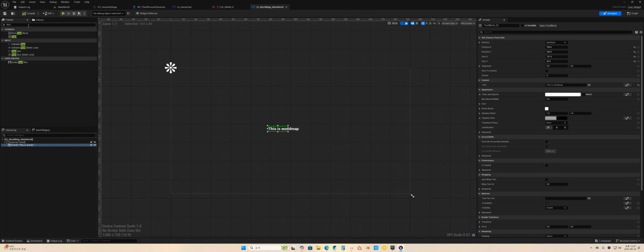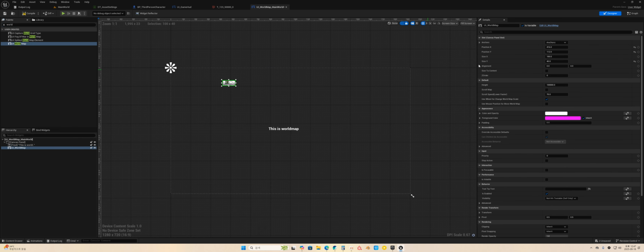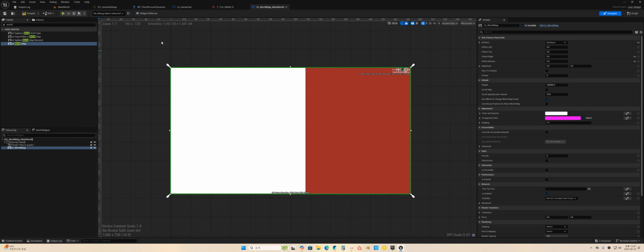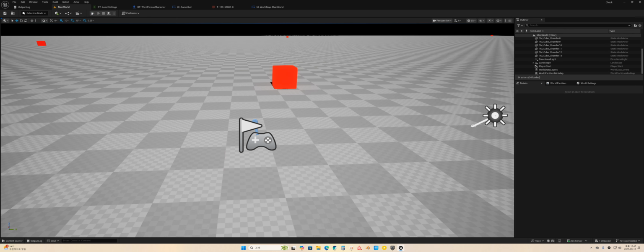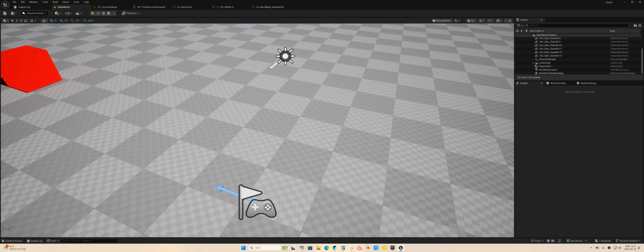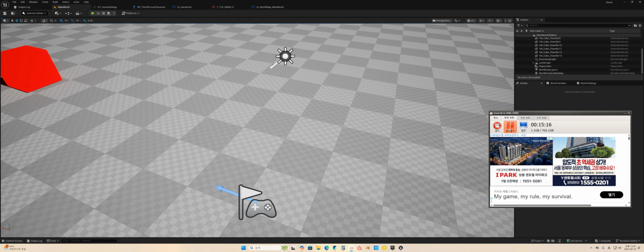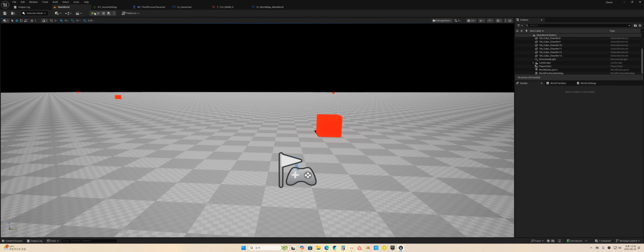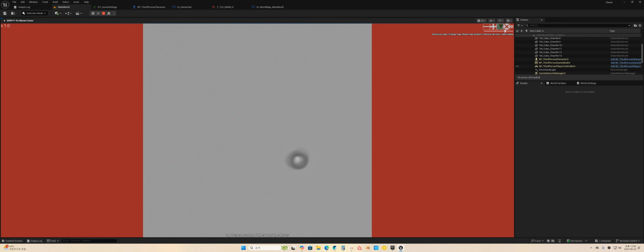I'm going to add the world map here like this, and anchor is like this. As you can see, world map. Wait a second, I will stop recording just a little bit. Yeah, okay. By pressing M, you can see the world map, but I cannot see my mouse, so I'm going to